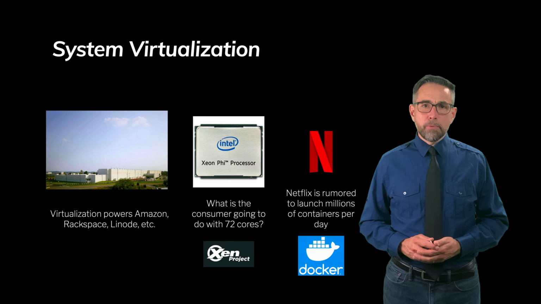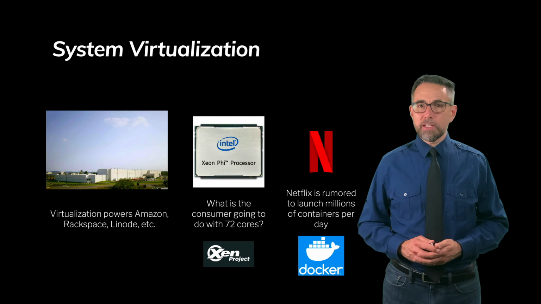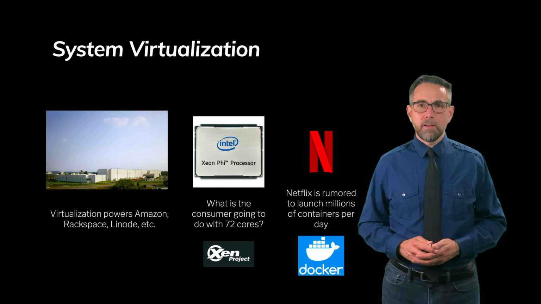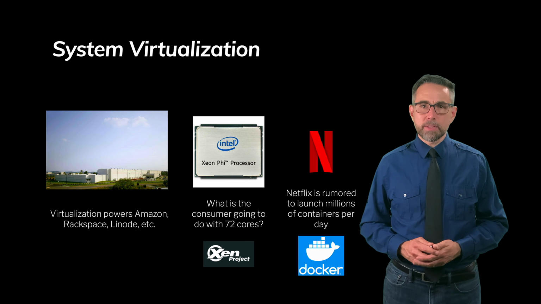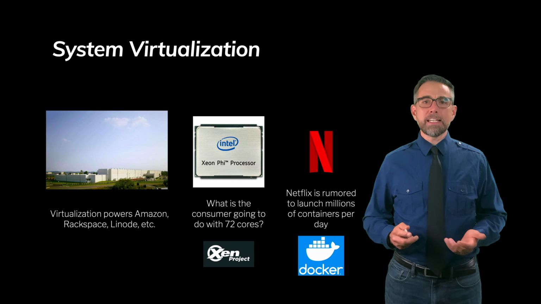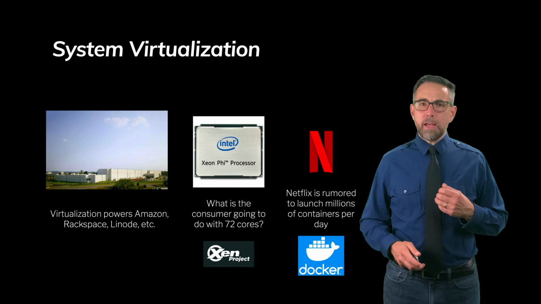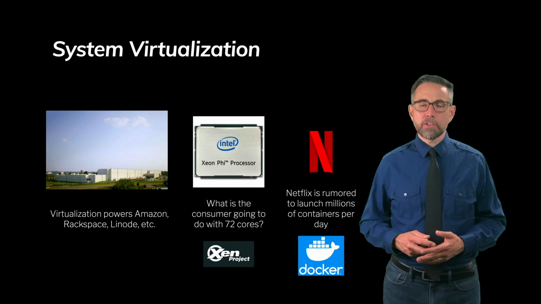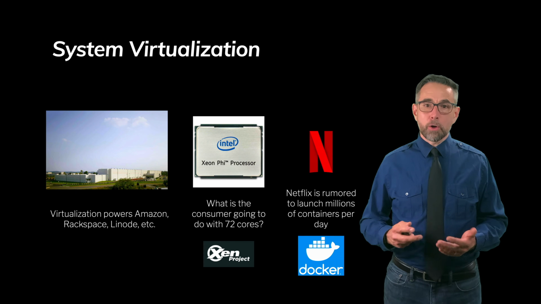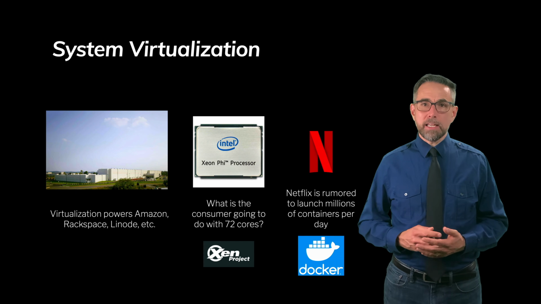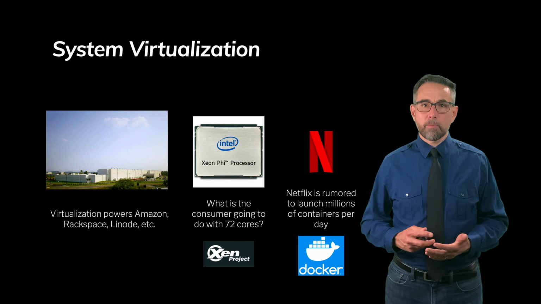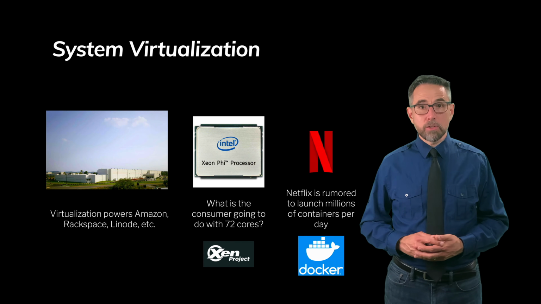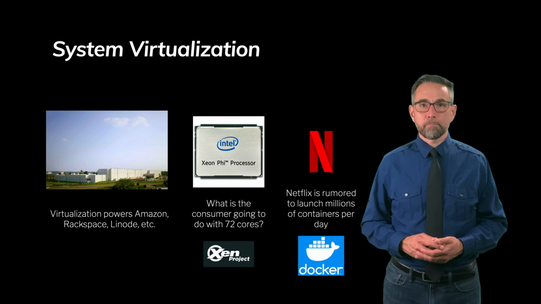This is being enabled by a lot of new chips. For example, this chip from Intel that has 72 cores on it. What the heck is a consumer going to do with 72 cores? Even a really demanding workload of editing a movie and doing Photoshop and checking email, and I don't know what else you're going to do on your computer that needs its own processor. But these modern Intel processors have an enormous number of cores. What can you do with them? Well, you could run 72 different virtual machines on them, for example.